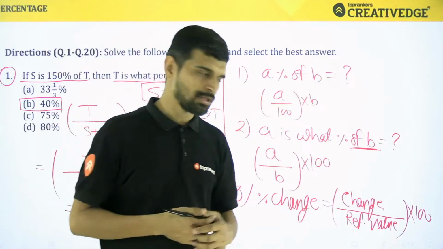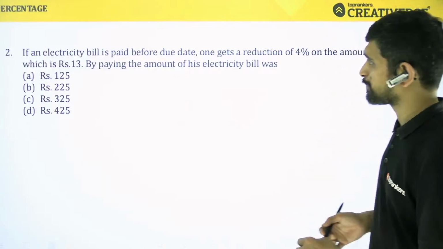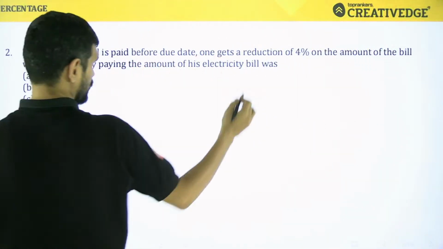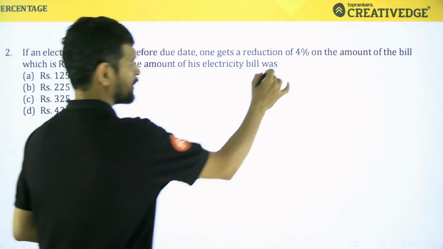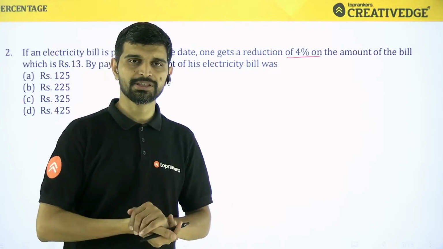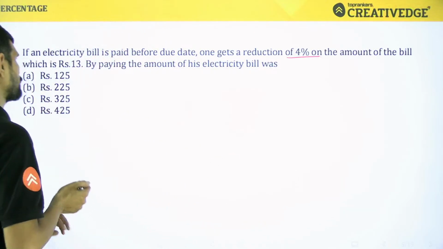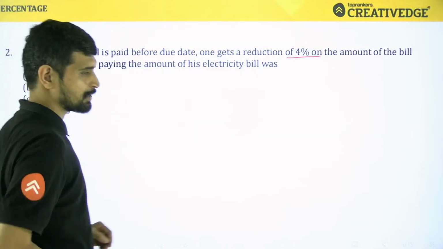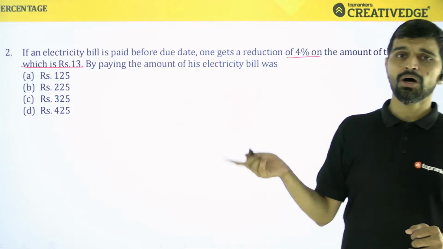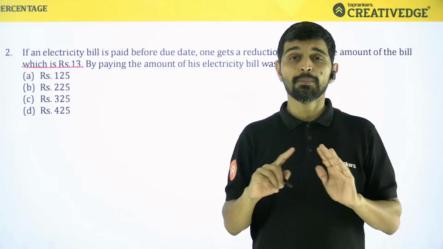Okay, so let's move to the second question. If an electricity bill is paid before the due date, one gets a reduction of 4%. What is this? Reduction of 4% is basically a discount, right? On the amount of bill, which is rupees 13. So is this 13 rupees the bill, or is it the discount? That you need to ask yourself. Please understand,